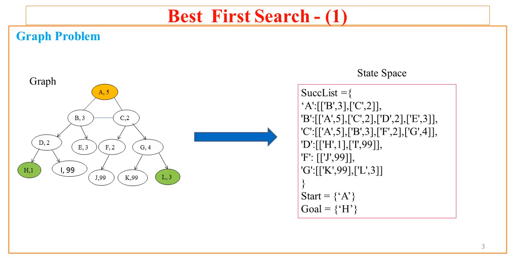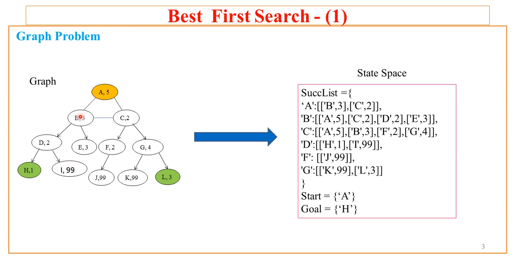Before we understand how to implement best first search, let us first try to understand the graph on which this algorithm is to be executed. So here in this case the graph is the representation of connection of nodes. Each of the nodes has a certain heuristic value assigned. For example, A has been given heuristic value 5. Node B is given heuristic value 3, and 2 is the heuristic value of C. This way these nodes are there in the graph.